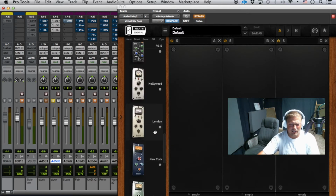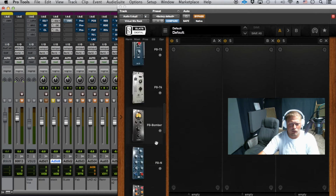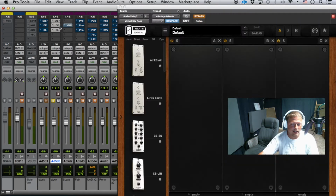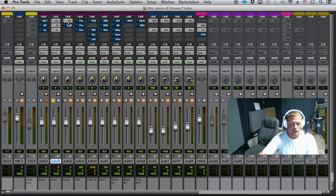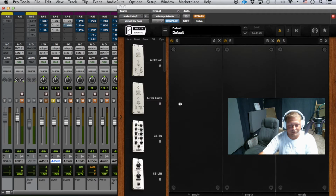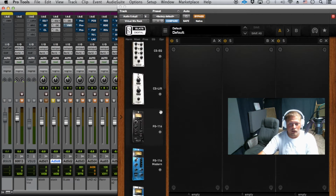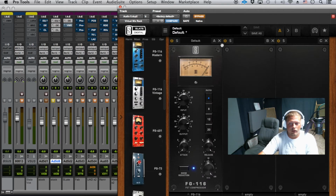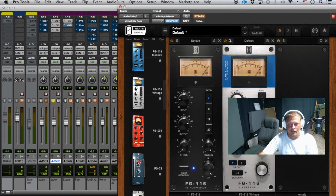There's no DeEsser in here, so I won't be able to show you that. So in that case, what I would do is move that down, insert a DeEsser, and then we'll just do EQ and compression here. Another kind of cool thing here. So now we'll set both these compressors, and then we'll go through and see which one